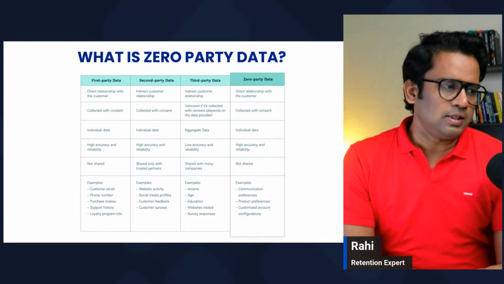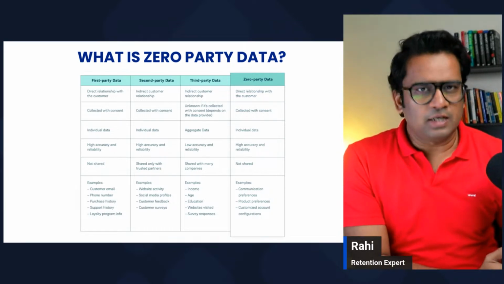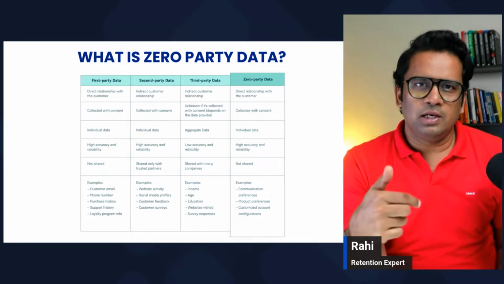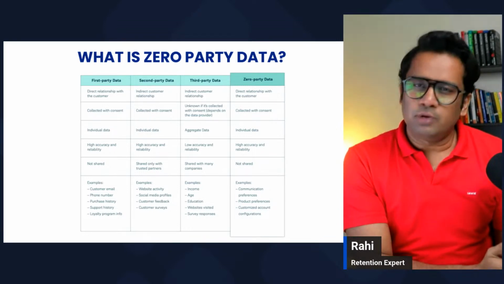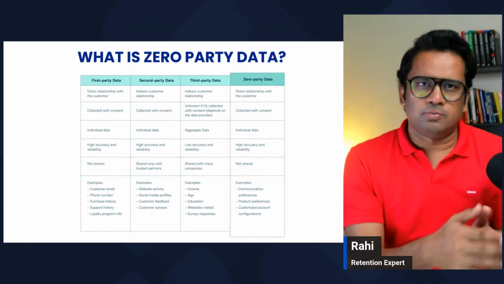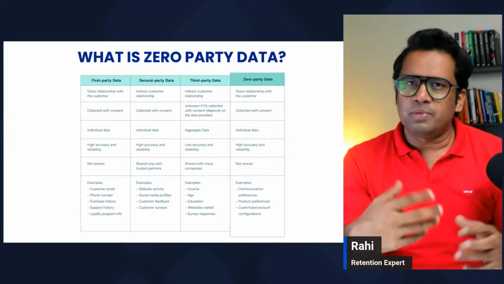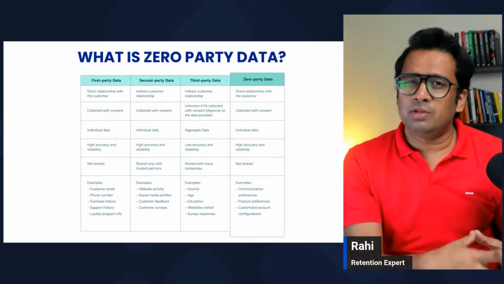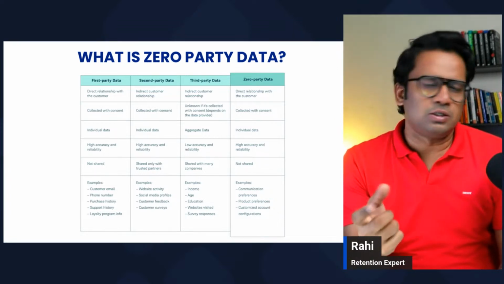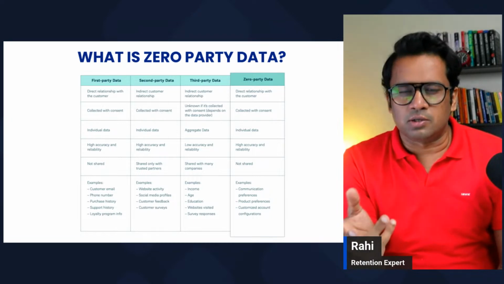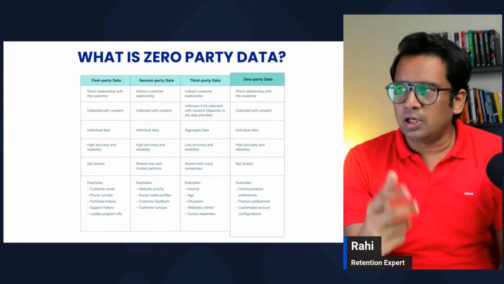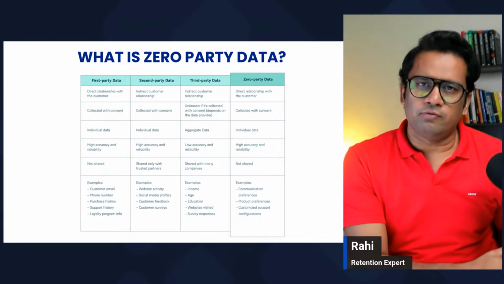Now, zero party versus first party. What's the difference between these two? With first party, the customer willingly gives some data, and you can also infer data in terms of buying experience, their address, buying location, or based on behavior. The customer might not have given that data explicitly. It can be their browsing history, their behavior, what kind of products they viewed, or what they added to the cart. All of those come under first party data.